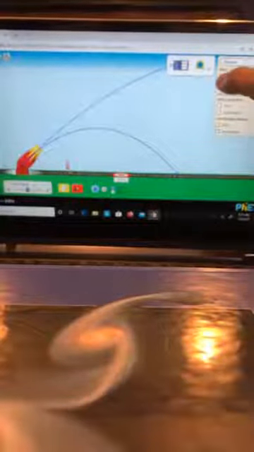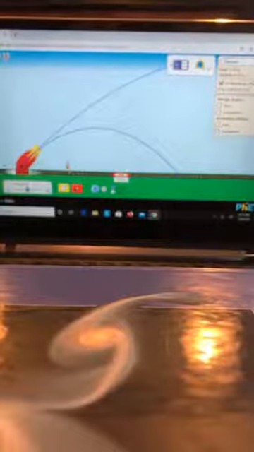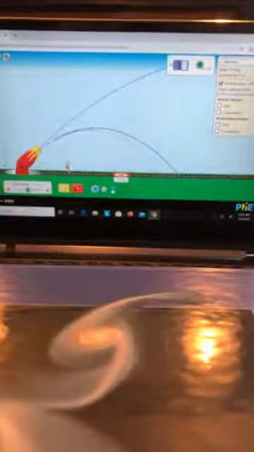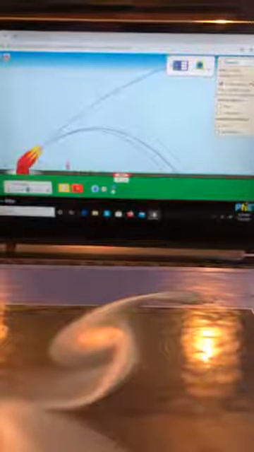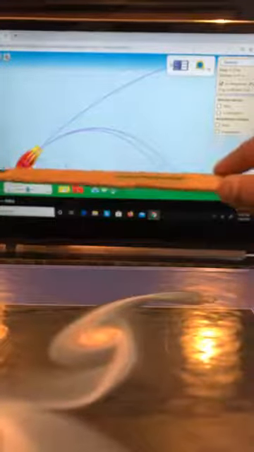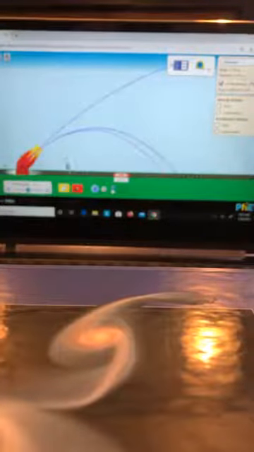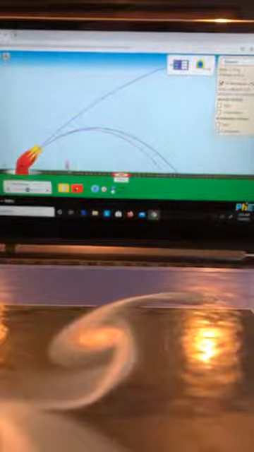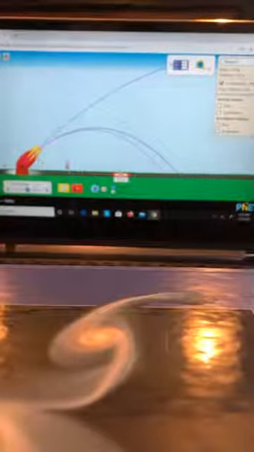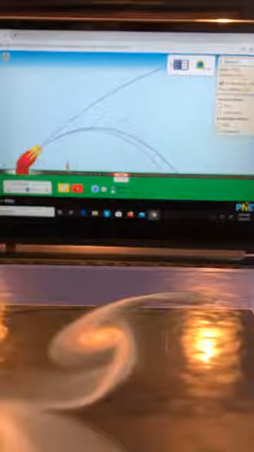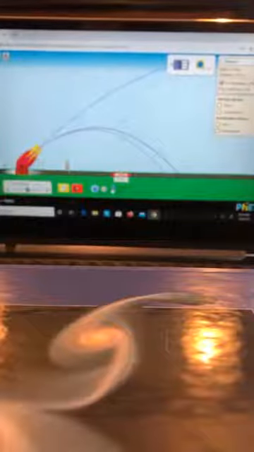Now let's turn on air resistance, okay? Now I have introduced air resistance. So let's watch the motion. See, you can see a significant difference, right? Previously the horizontal distance covered by the baseball was from this point to that point, but now it has covered a smaller path. And this path is parabolic, but not a perfect parabola, because we have introduced air resistance. So dealing with air resistance is kind of difficult mathematically, okay?